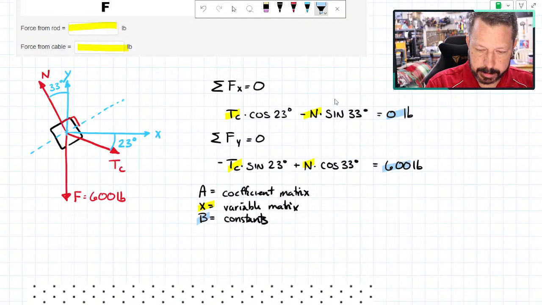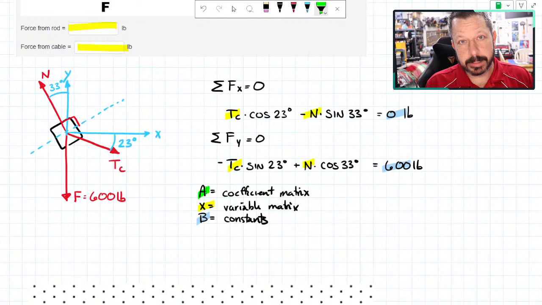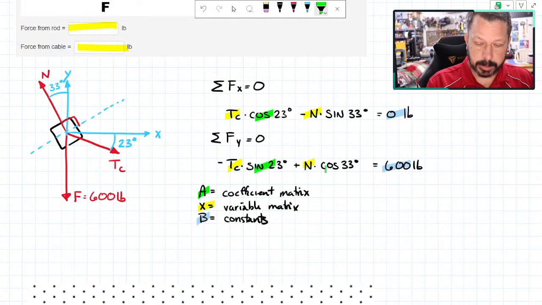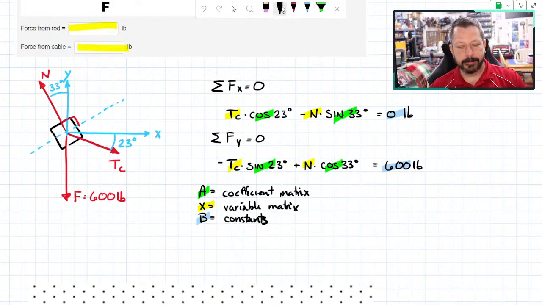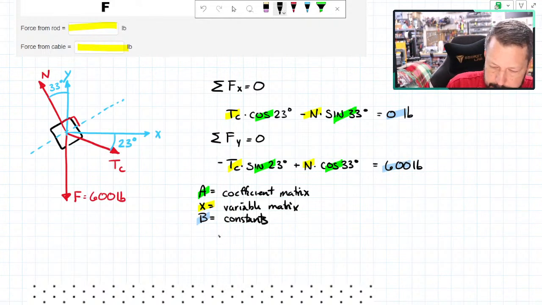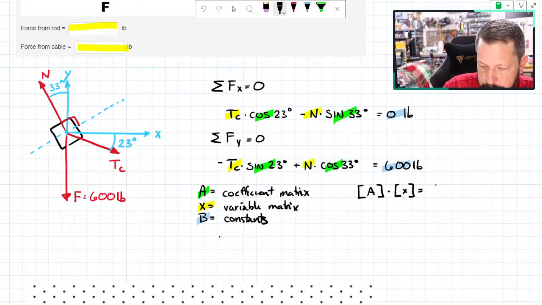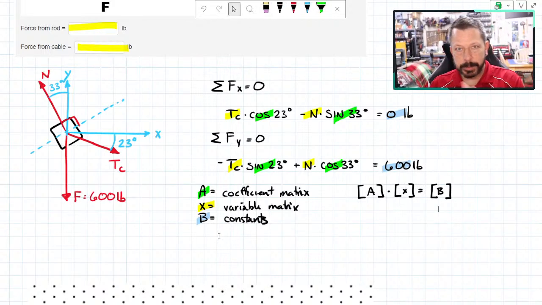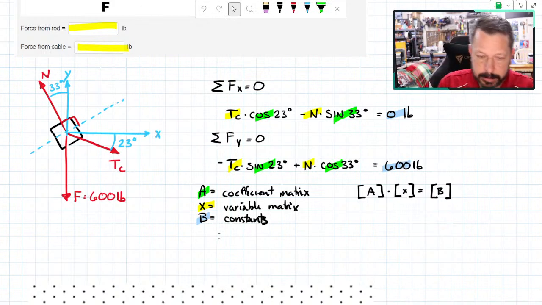And that would mean that our coefficient matrix, those are the coefficients. They could be 0, but they're the coefficients that go with the variables. So those are the color-coded set of matrices. So how I arrange this is, let's do it over here. I do A matrix times X matrix equals the B matrix. So what that looks like when I put the actual equations into this is going to be